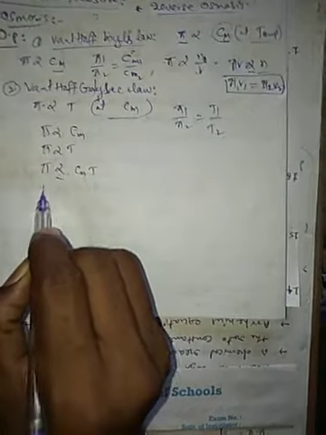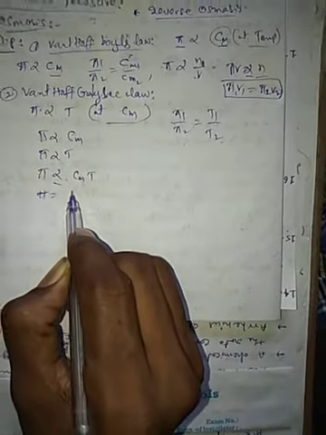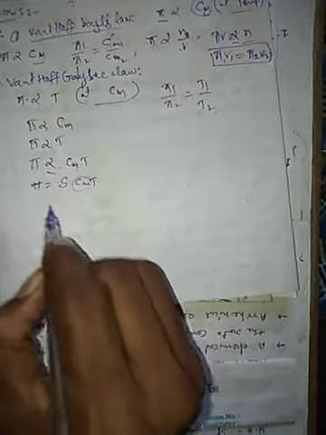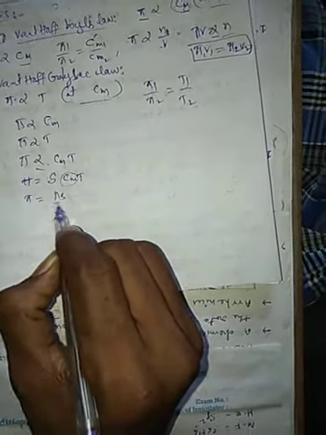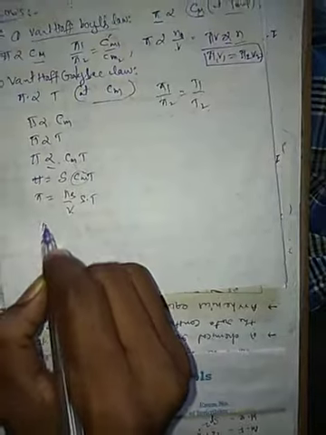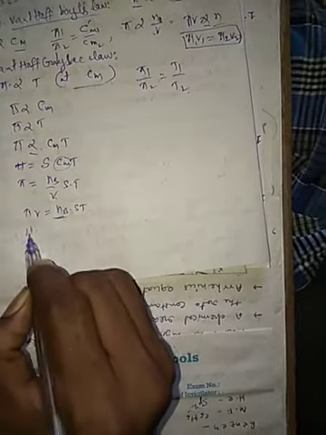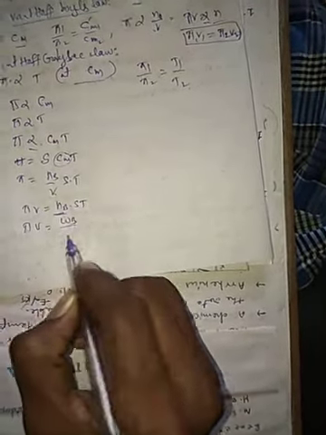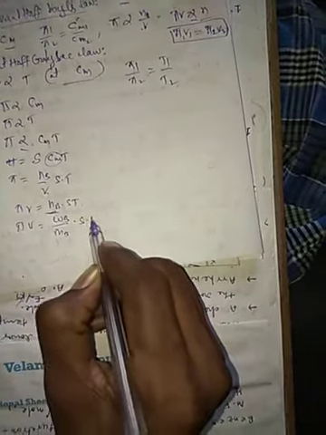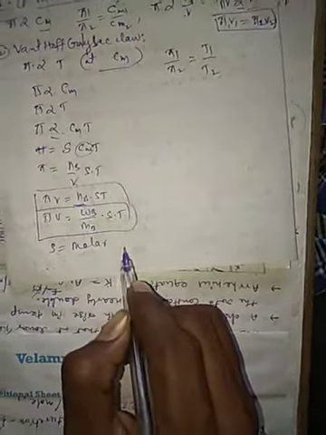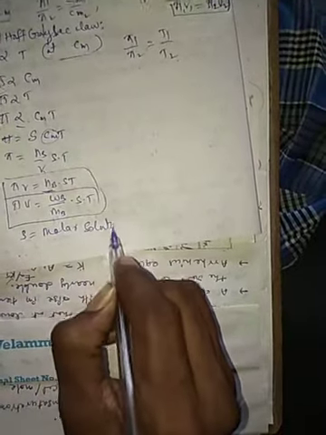Remove the proportionality, we get a constant: pi is equal to S, a constant, times Cm times T. Now you can write this as number of moles by volume, S, T. Now pi V is equal to nST. Now n we can also write as weight of compound by molecular weight of compound, so pi V is equal to weight of compound by molecular weight of compound into S into T. These are the formulas we can use for calculation. The S is the molar solution constant.